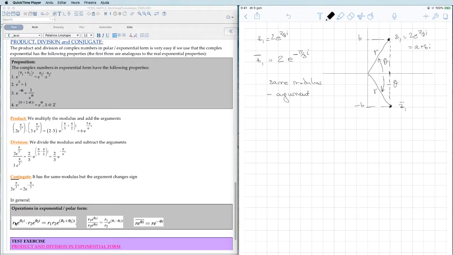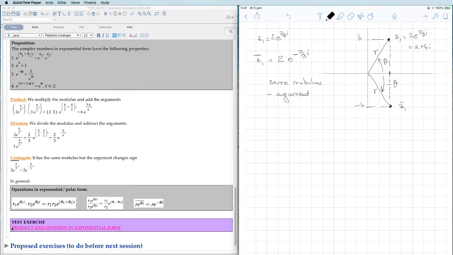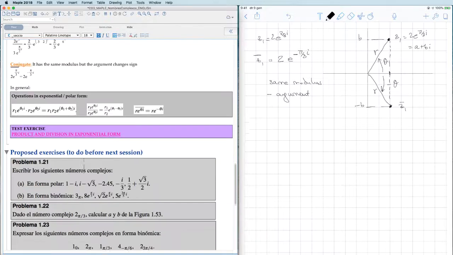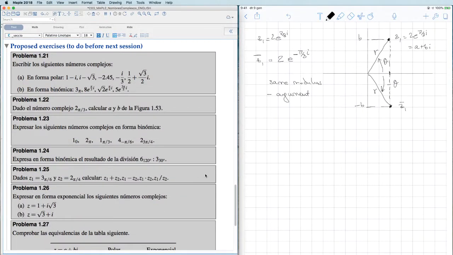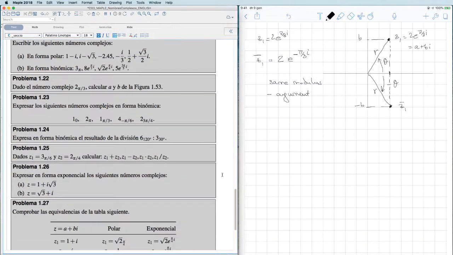So in general, when we multiply the moduli, we add the arguments. When we divide the moduli, we subtract the arguments. And when we make the conjugate, we just keep the same modulus and we change the sign of the argument. So now that you know this, you can move to this exercise. And if you have more time, you can do the following exercises here and this other